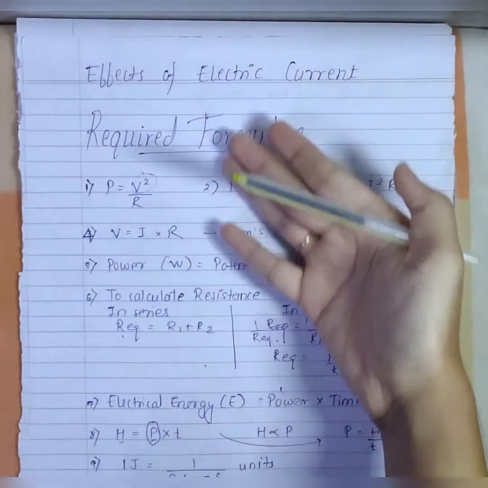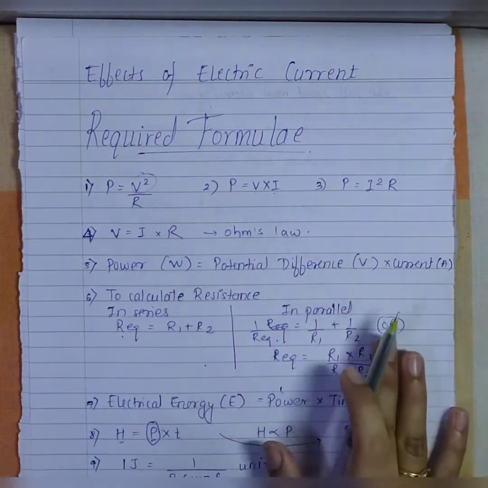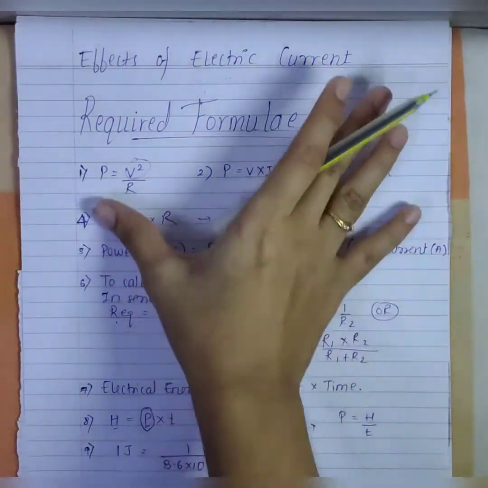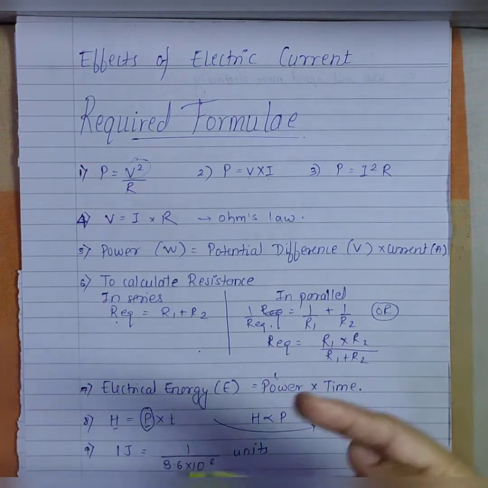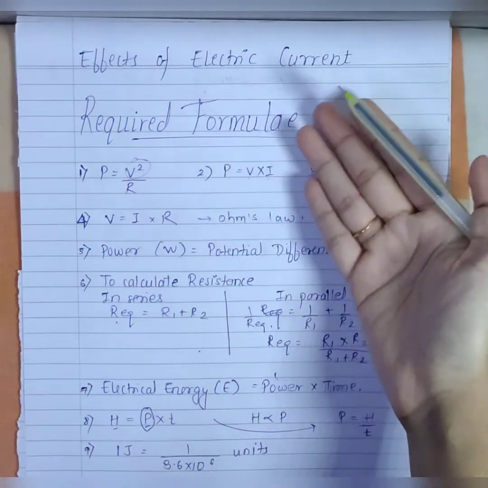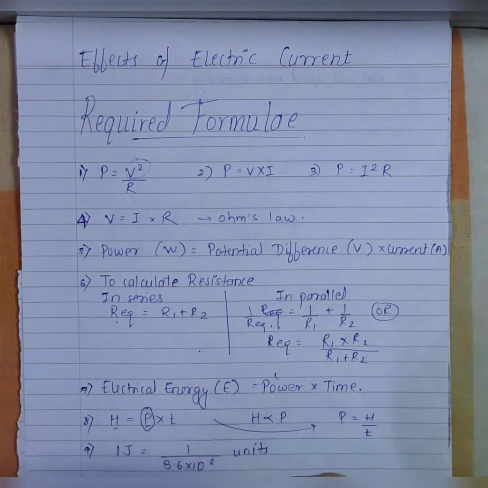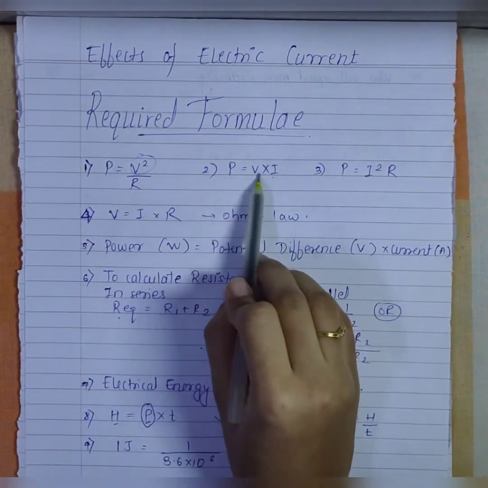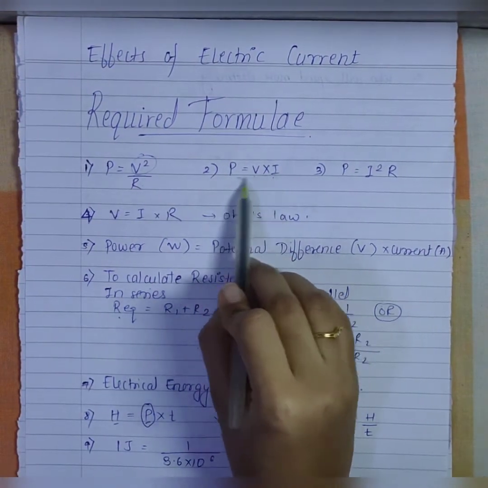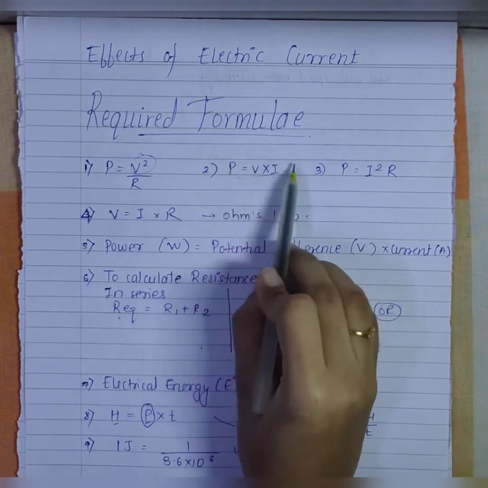As soon as I look at the list of the formulas with me, I can identify which formula to be used where. Therefore, you need to make this list of formula before you start solving sums, and then eventually you will get a habit of looking into these formulas and solving your sums, and after a particular time you will start remembering these formula one by one. Okay, so please follow this method. So P is equal to V into I. So using this formula we can calculate the current by I is equal to P by V.